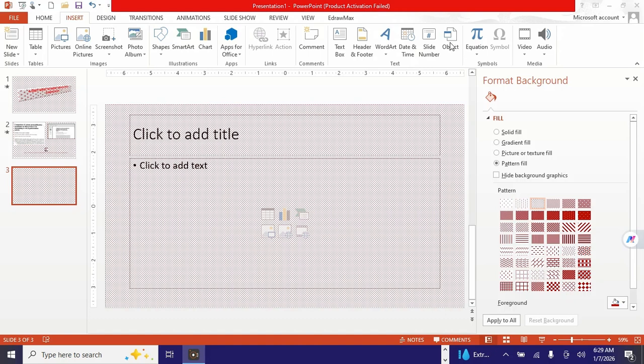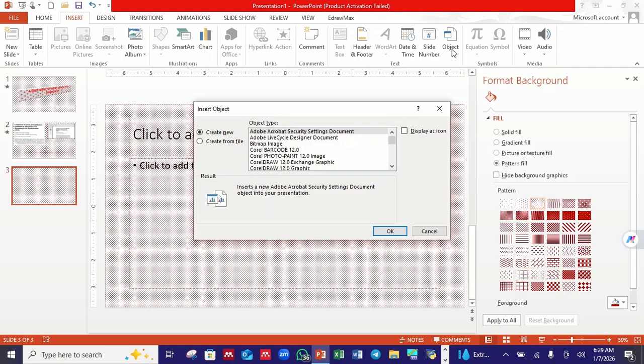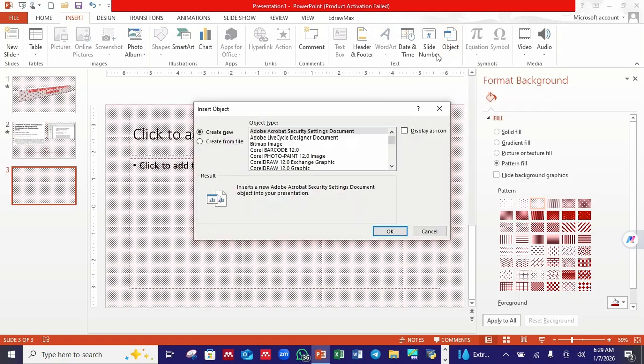Okay, you select Object, click on Object. When you click on Object, that is the first method. You want to use the first method now. When you select from here, it will enable you to embed objects like documents and files inside the PowerPoint, when you are doing your presentation or arranging your slides for presentation. When you click on the object, you will